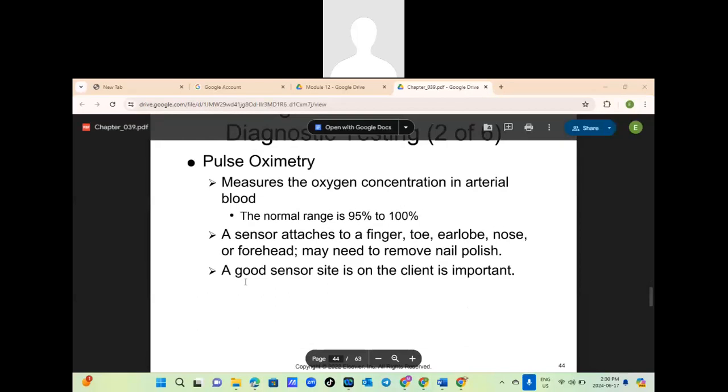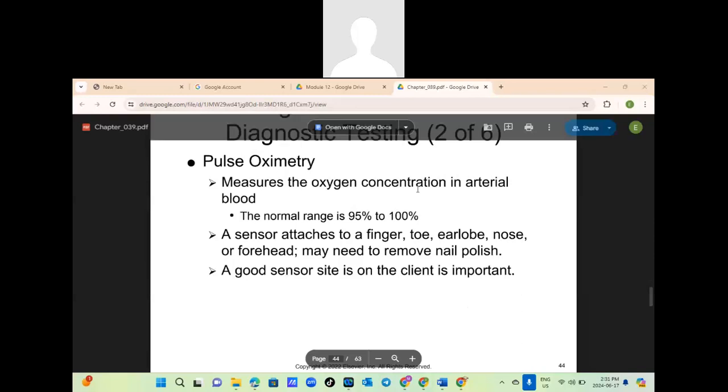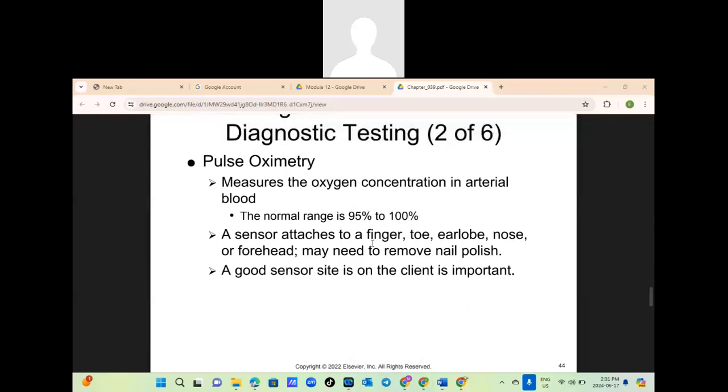So when you say a good sensor site is important on the client, it's because if their nail bed has nail polish, and sometimes we can't really see if it's cyanotic, there are some reasons that we cannot get a reading, so we use the earlobes. Sometimes the very ideal is the finger, the index or whatever finger is available. Yes, but sometimes also the toe, and sometimes we do the earlobe,